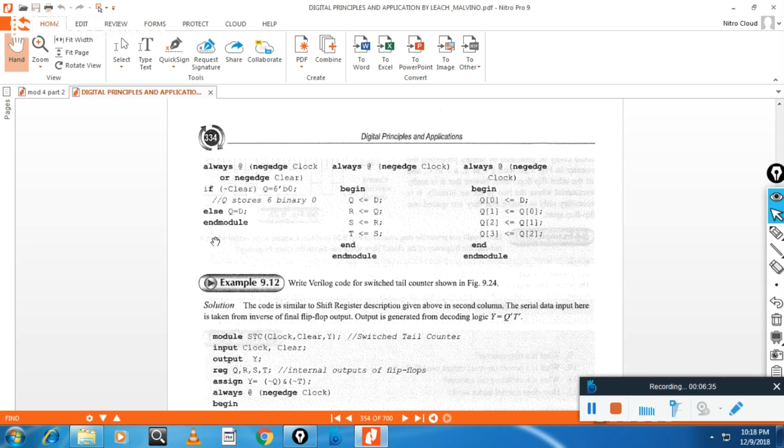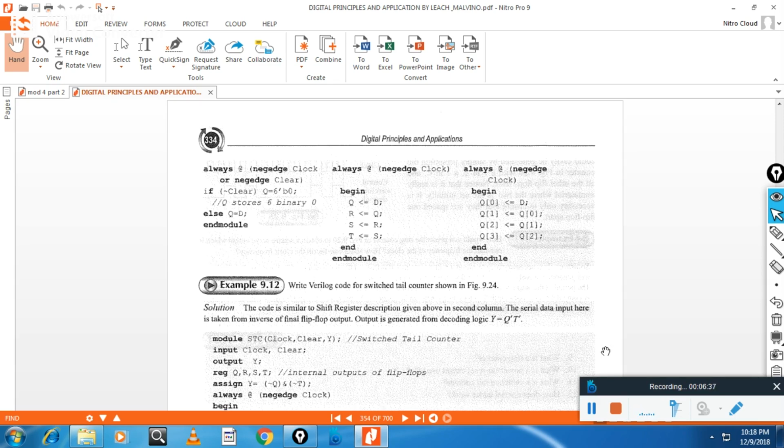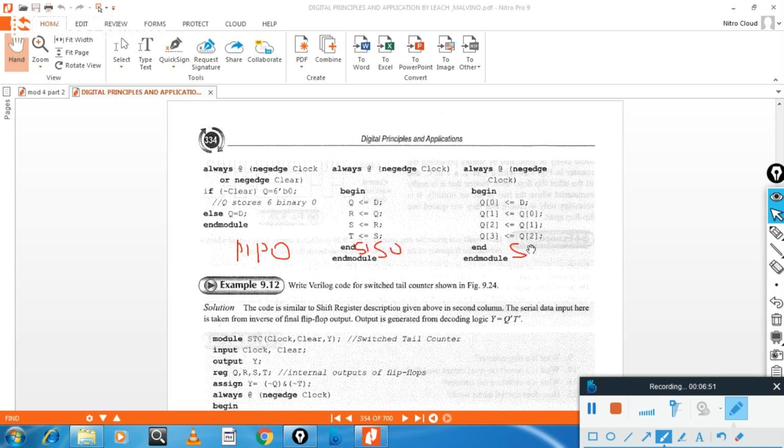So the first category is parallel in, parallel out. The second category is serial in, serial out, and the third category is serial in, parallel out. So these are the three categories.